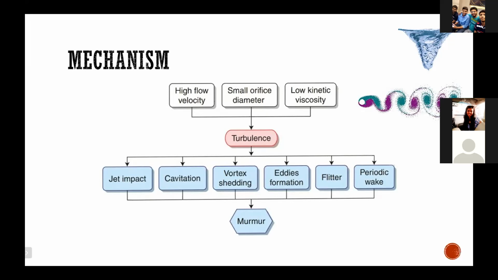The second concept is something called cavitation. We have all been to beaches, and we've seen that at the seashore, at the end of the wave, you have froth. Just like that, here, when high velocity turbulent blood is flowing, micro bubbles will be generated. These micro bubbles are what they term cavitations, and these cavitations in turn generate sound of different frequencies, and we perceive that as a murmur.